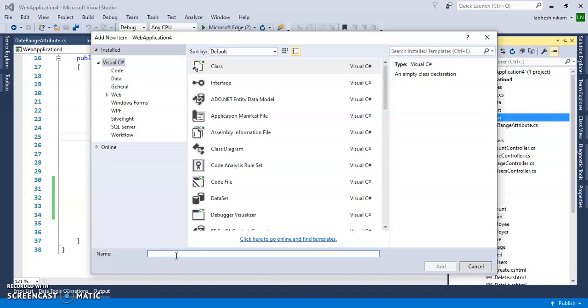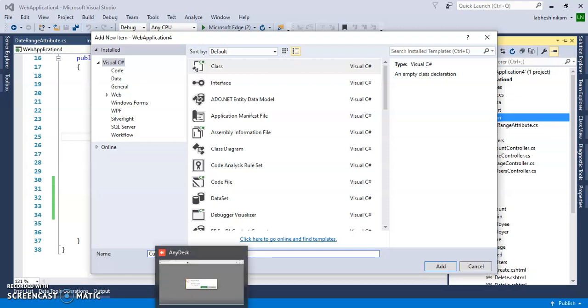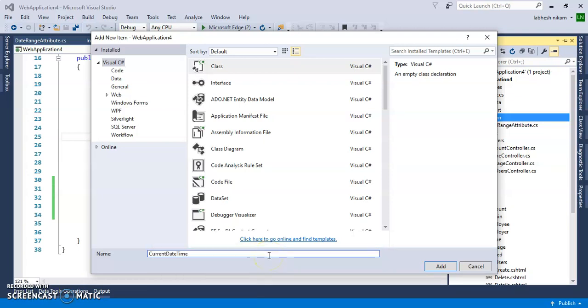So I am creating one class named CurrentDateAttribute.